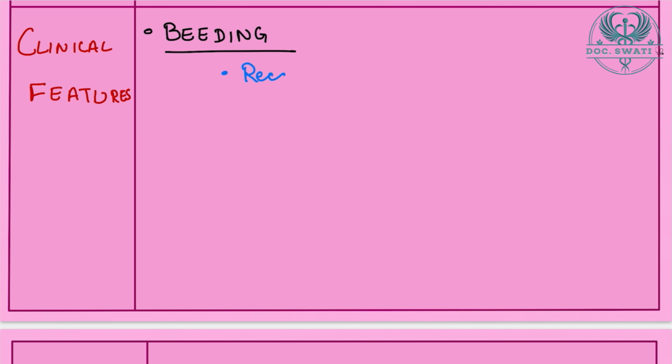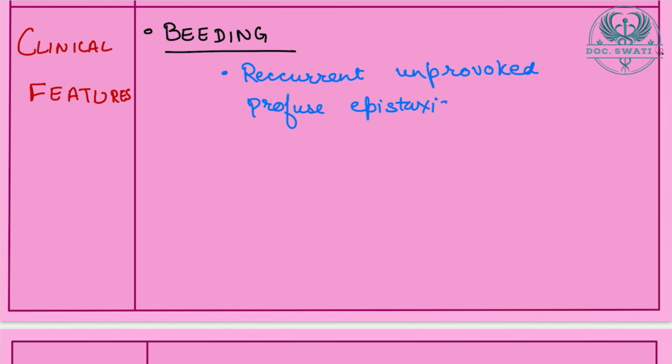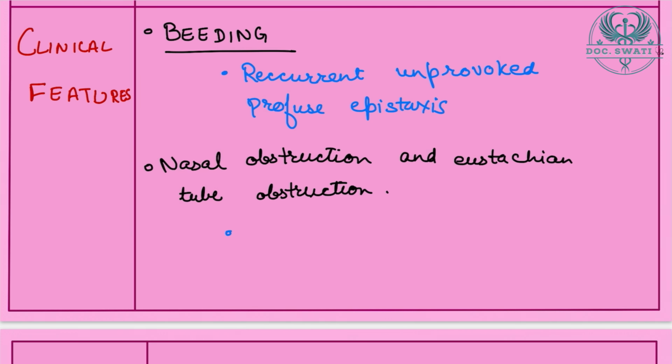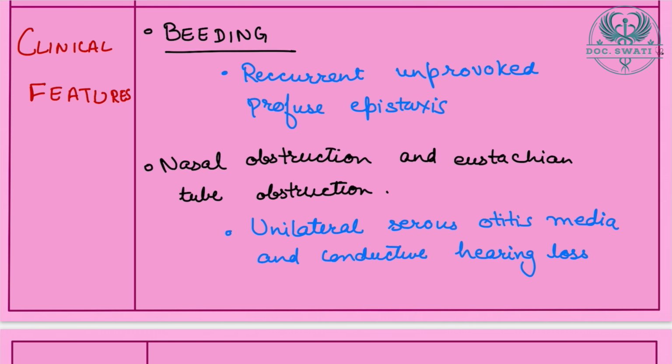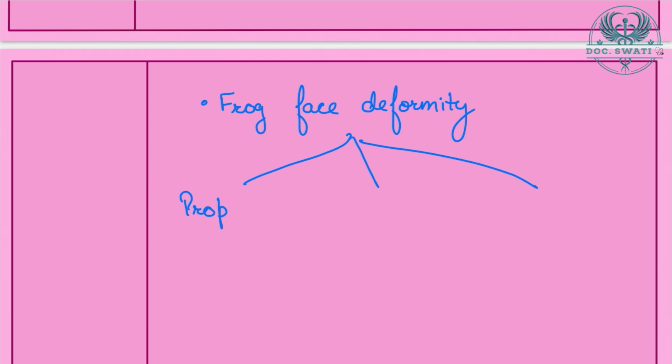Now let's talk about the clinical features related to this. First, we have bleeding. Recurrent unprovoked profuse epistaxis is observed. Next, we have nasal obstruction and eustachian tube obstruction, unilateral serous otitis media and conductive hearing loss, frog face deformity, which includes proptosis, broad nasal bridge and swelling of cheeks,